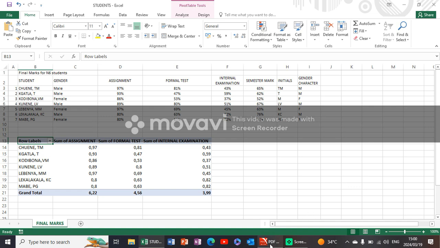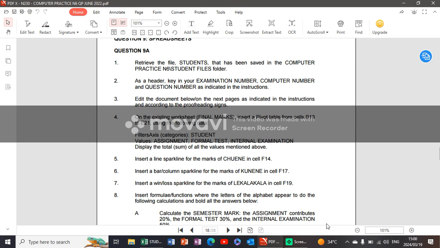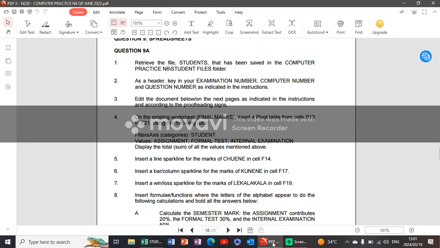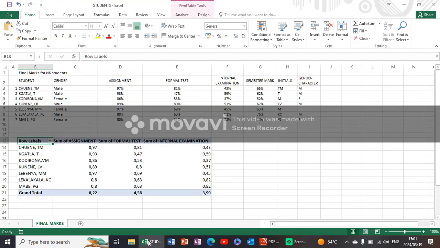Then you go again to the instruction, you check. Remember you did it. We are going to number 5. They say insert a sparkline for trainee marks in cell F14. Then you go back, you check. F14, not just 14. F14, you could check it. F14 here. Then they said insert